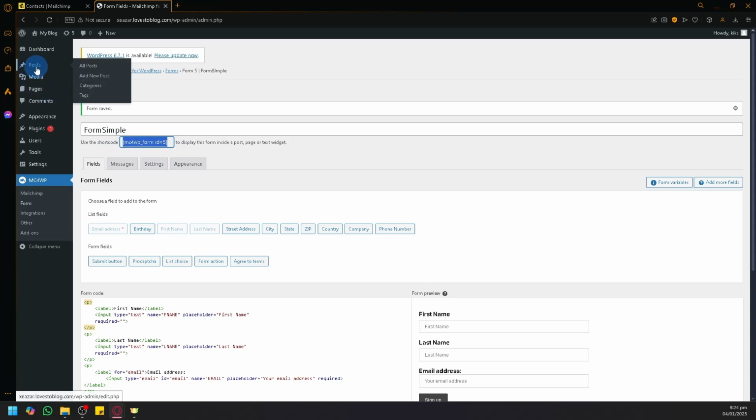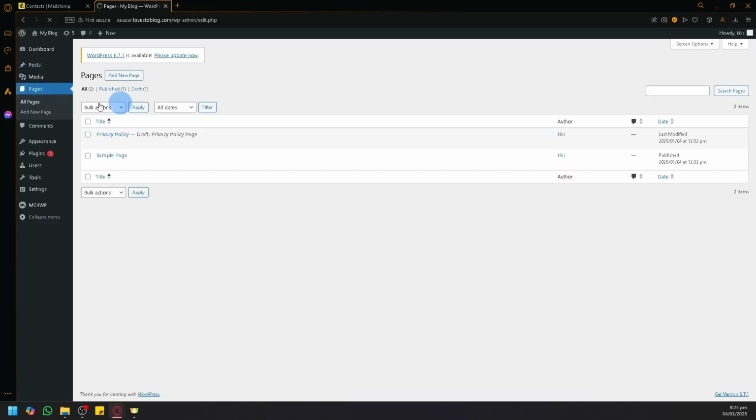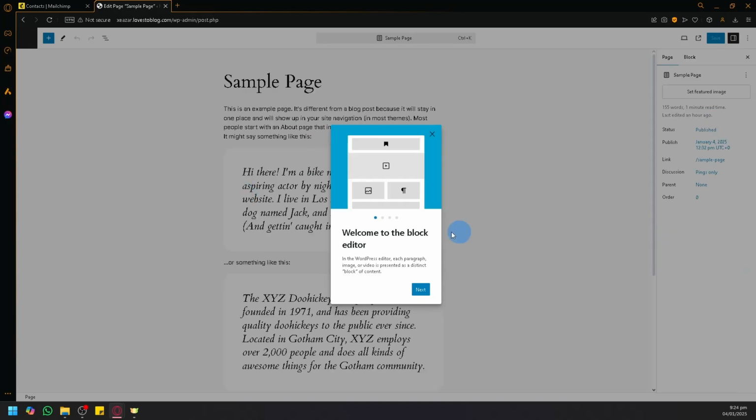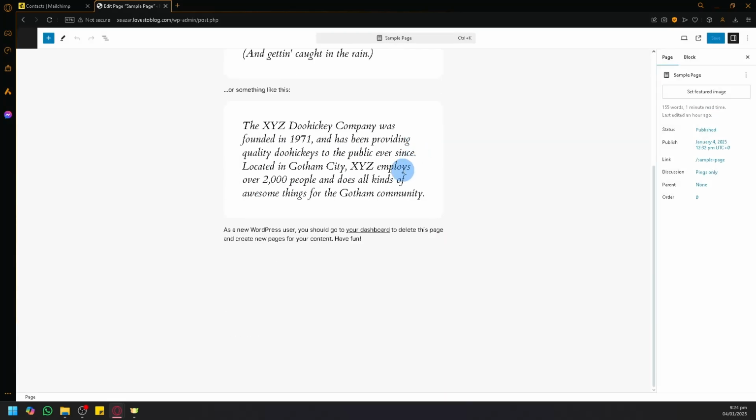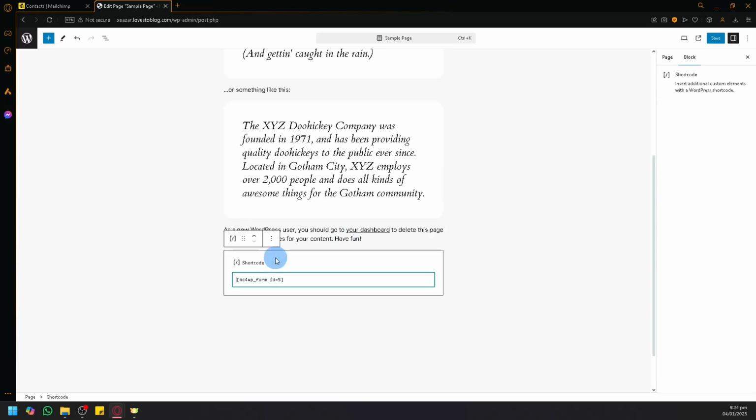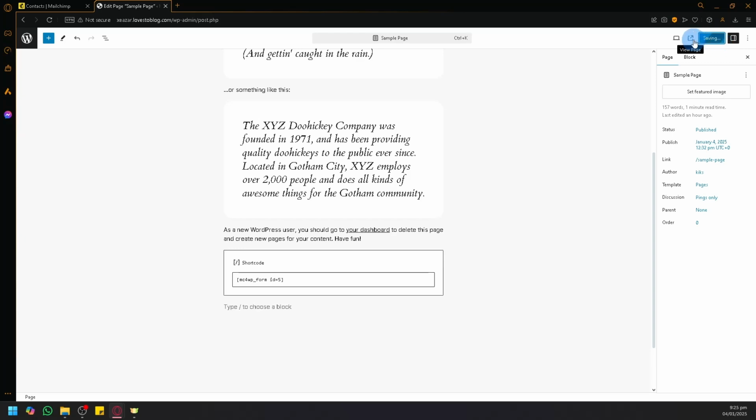And now let's simply go to a post or a page that we would like to add our form to. So let's say sample page over here. Let us open this. The next thing you're going to do is navigate to a specific section where you want to add our block. For example, at the bottom most, if I press Control B, as you can see, it will recognize the short form code. And now if we save this, and if we view our page,